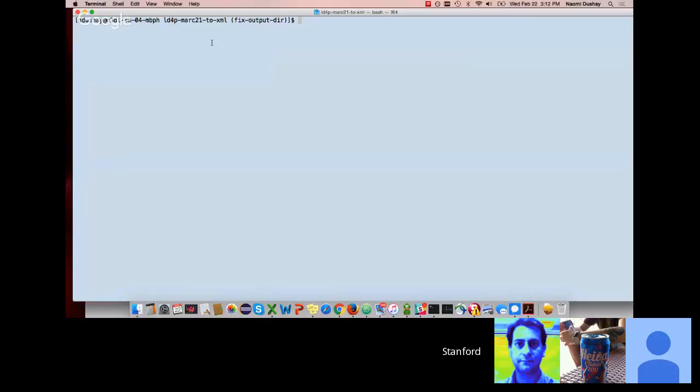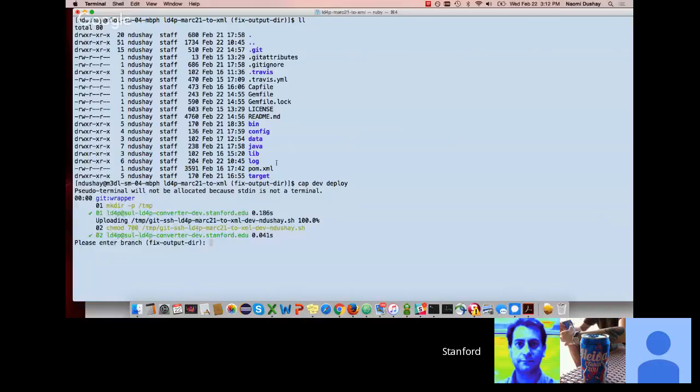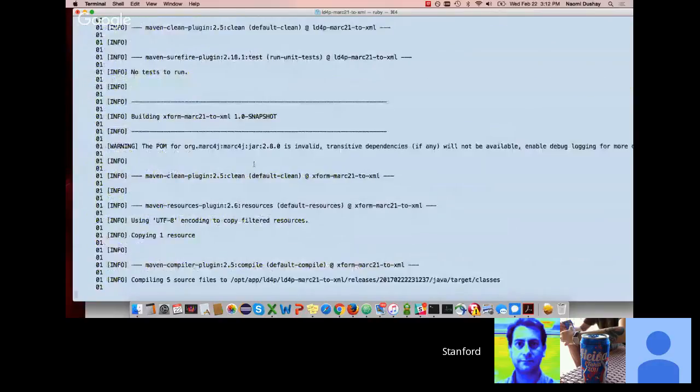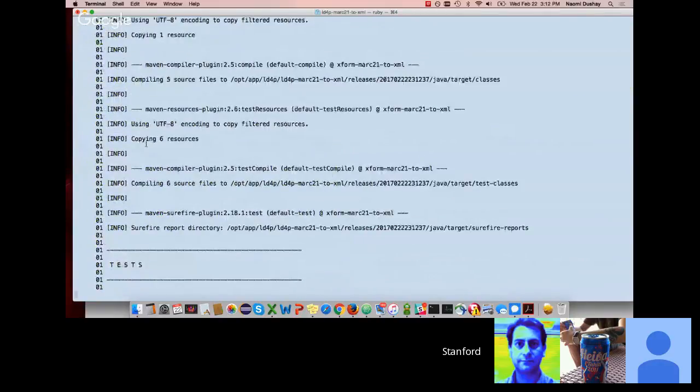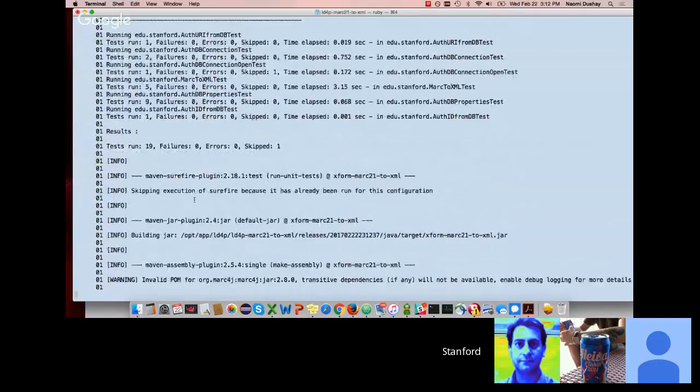In the blue window, I am on my personal laptop. So here's the exciting part. I'm here in a directory that has a Git repo, a bunch of code, some Java files, blah, blah, blah. And I'm using Capistrano to take the code in this GitHub project and put it out on the VM shown in the gray window. So this is still a little bit of a work in progress, but Capistrano is a nifty tool we can use, and it is putting the latest code out there and then running a tool called Maven to compile the Java code and basically get it ready to be run